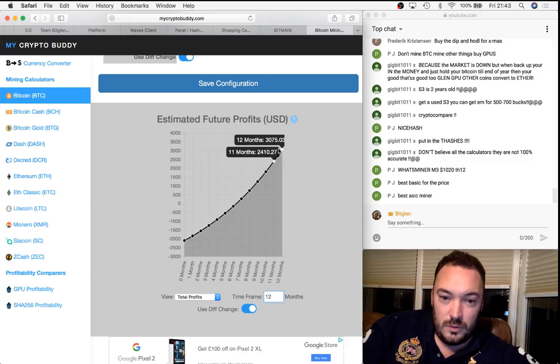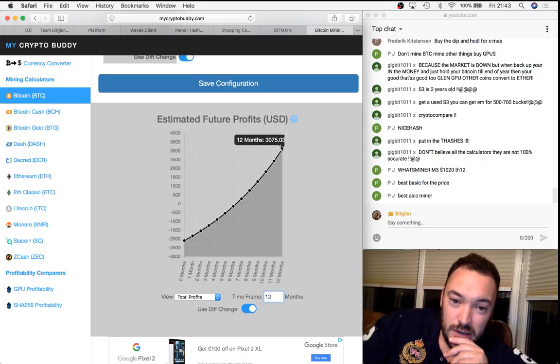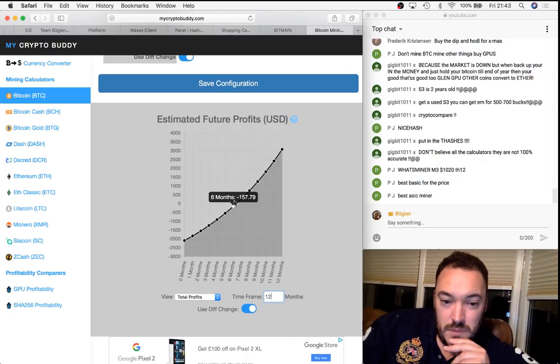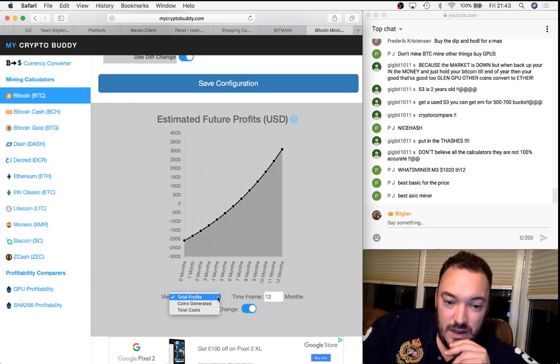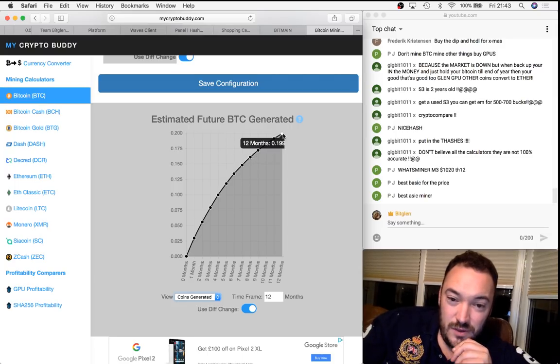They're saying that you would be at a profit of $3,000 at the end. So that is pretty good. At the end of the year, let's see how many coins generated. So you can see here it curves off. So it's going to give you almost 0.2 of a Bitcoin, which is about